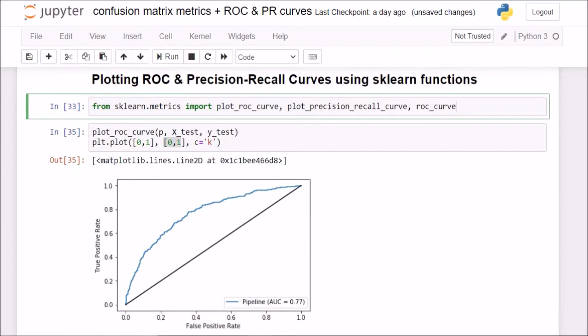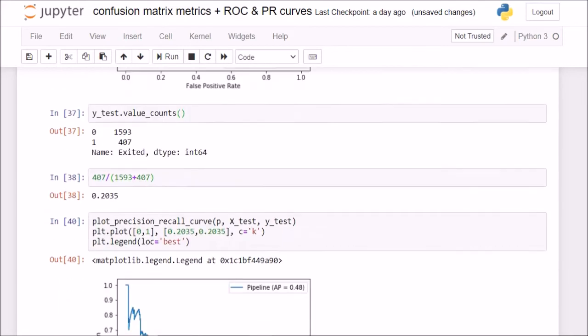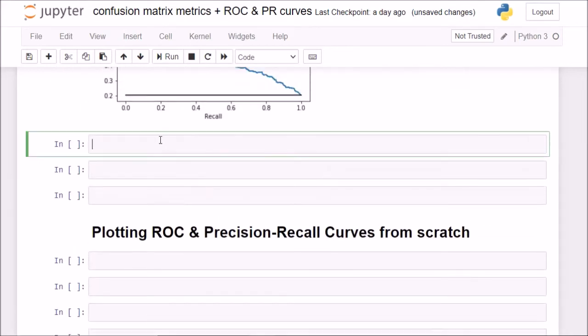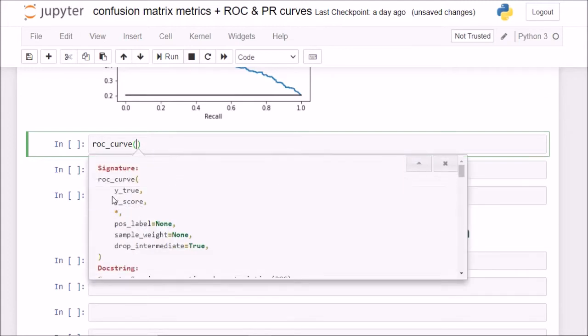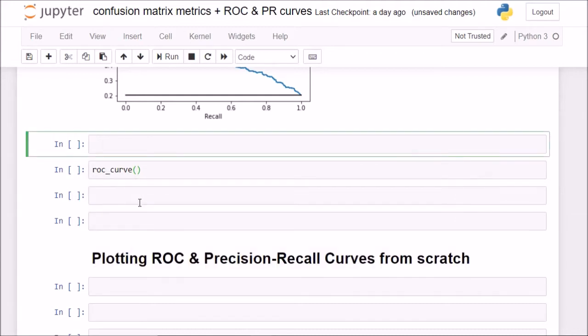Now here we notice that we cannot really see the threshold values, that this particular point corresponds to what threshold value. So for that, scikit-learn has provided another method called ROC curve simply. So what I'll do is I'll say ROC curve, and I'll pass in two things here, my Y true and my Y score. So what is this Y score? These are not my predictions, but these are my predicted probabilities. Okay, so first I'll show you what the probabilities are.